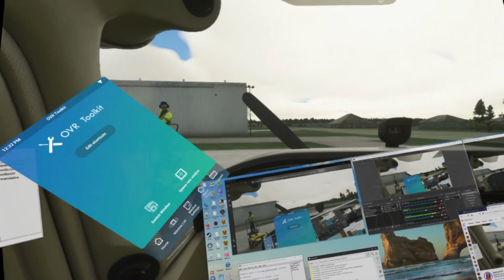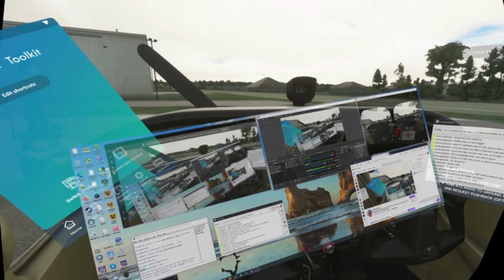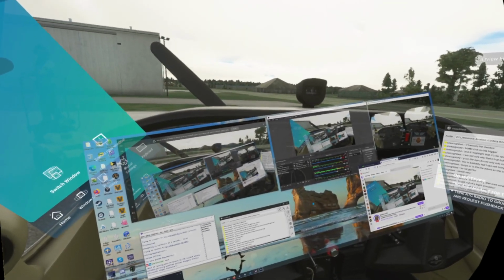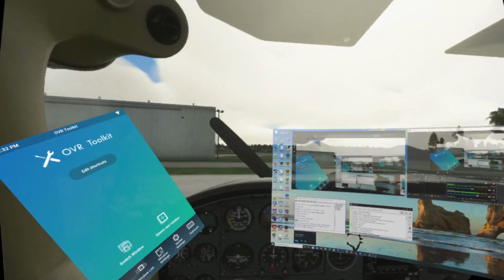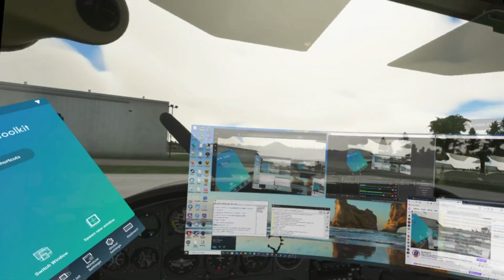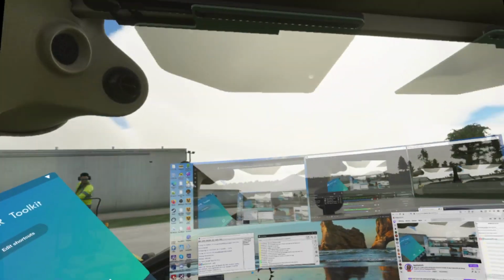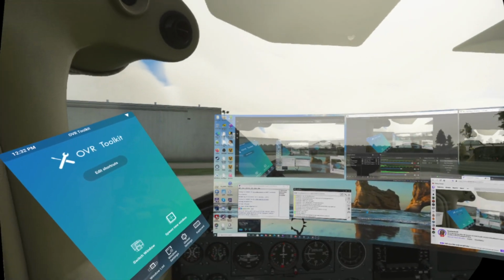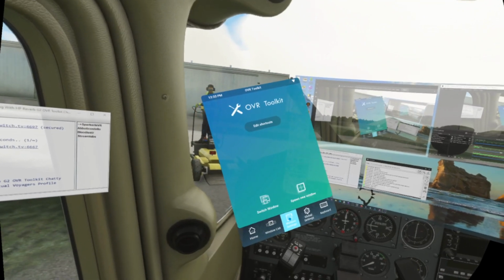The window that it spawned is basically the desktop. If I put that little dot on there and then hold the grip button, now I can move this around. So basically I just brought my whole desktop into VR. Now if I go over here to Windows settings,